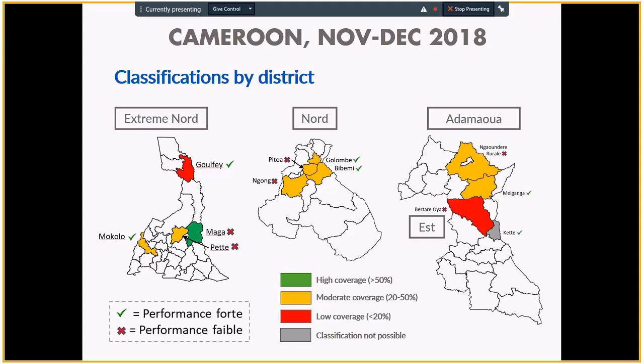So yes, pretty low coverage results. Not entirely unexpected, but hopefully enough to galvanise national actors into action, for the government to take notice and for UNICEF to take notice, and maybe the donors as well. Coverage surveys are often used as advocacy tools to generate more funding and just to raise awareness.